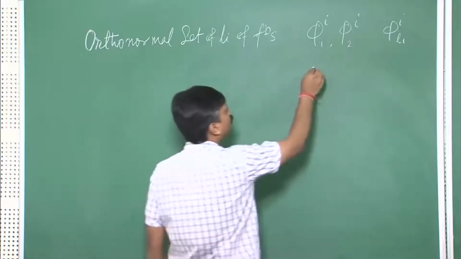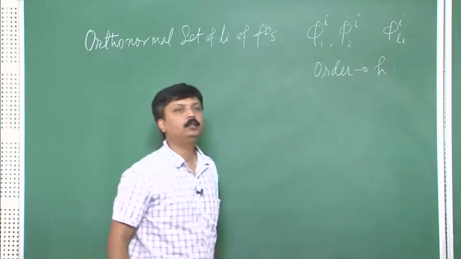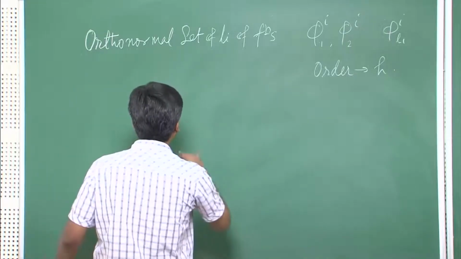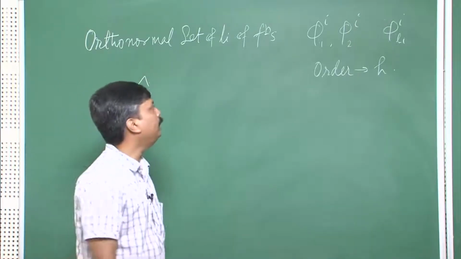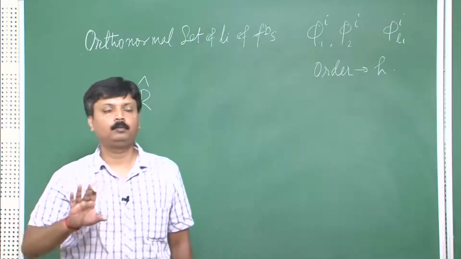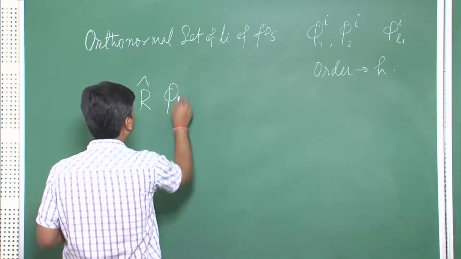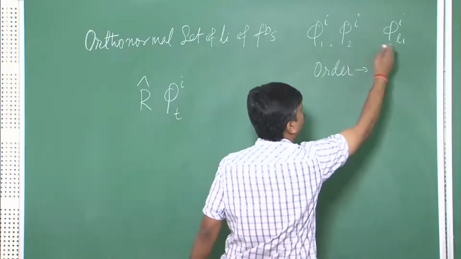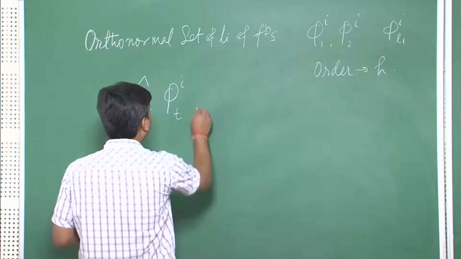And the order of the group that we are concerned with, let's take as h as usual. Now, if I consider any symmetry operator as R, and I take any one of these functions and operate any symmetry operation on that function, then what should I get? So, if I take any arbitrary function phi t, one of these Li number of phi's which form the basis for the ith irreducible representation, that I can write as